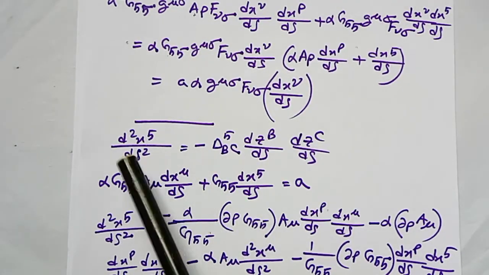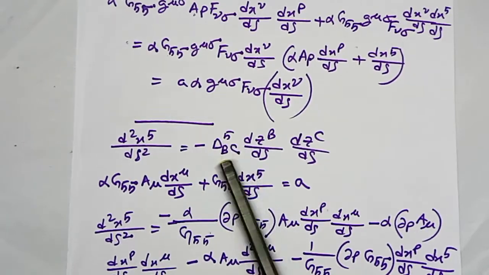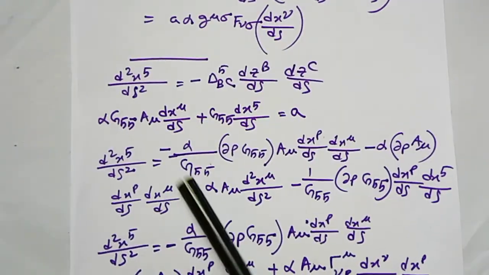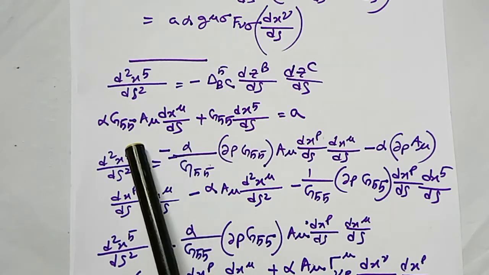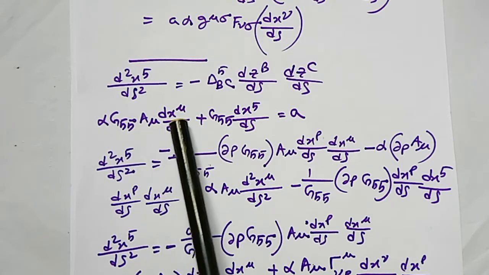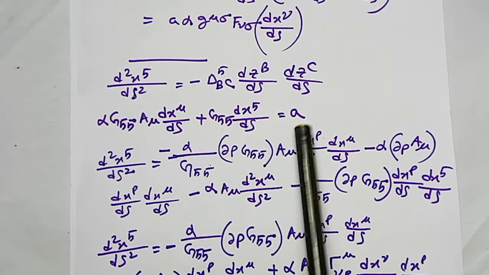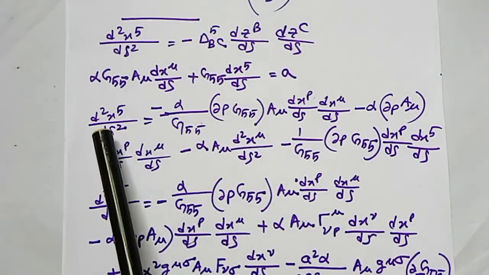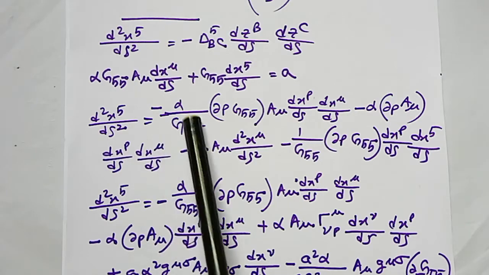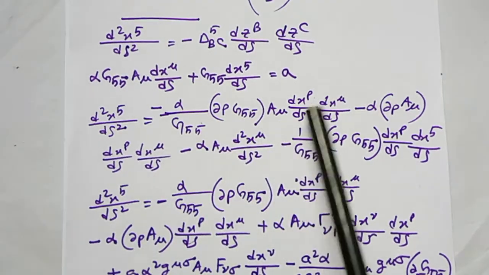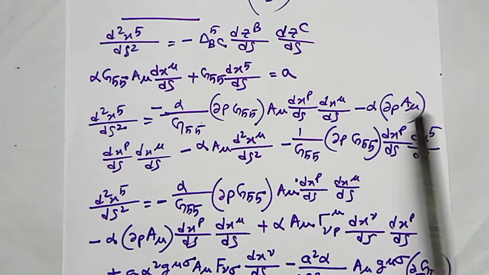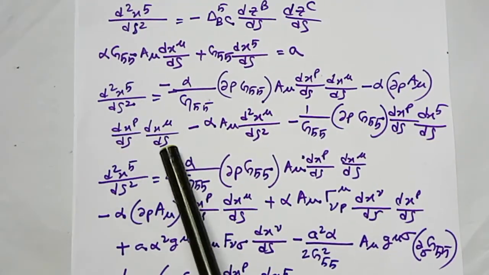we have d²x^5/ds² minus δ^5_bc ∂z^b/ds ∂z^c/ds. Now we put that value, α g55 A_μ dx^μ/ds g55 dx^ν/ds equal to A. This is the condition. And d²x^5/ds² minus α g55 ∂_ρ g55 A_μ dx^ρ/ds dx^5/ds and dx^μ/ds minus α ∂_ρ A_μ dx^ρ/ds dx^μ/ds minus α